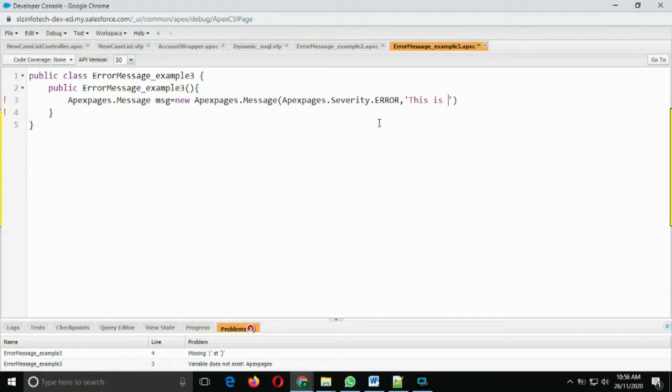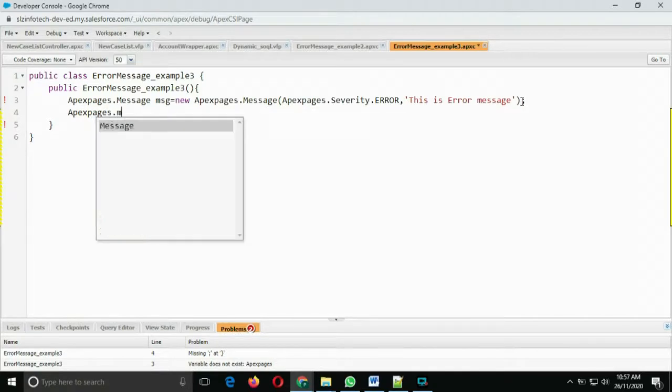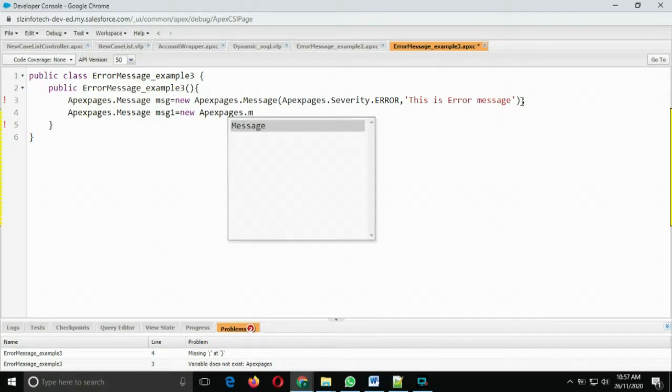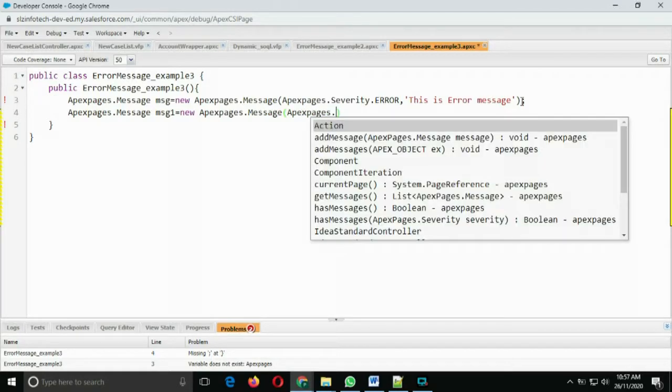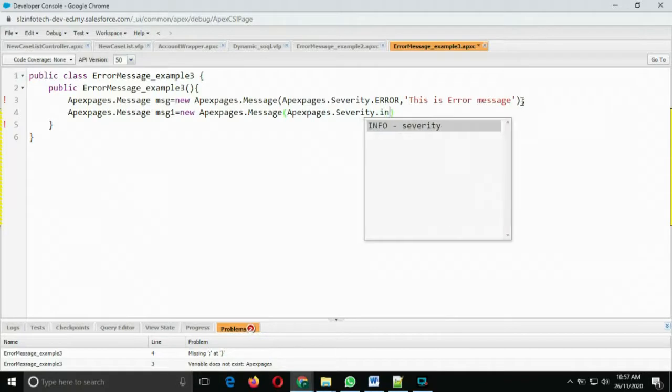This is the error message. Again, Apex pages dot message, message 1, new Apex pages dot message, then come to Apex pages dot severity dot info, the info message, comma, and the message summary I want.